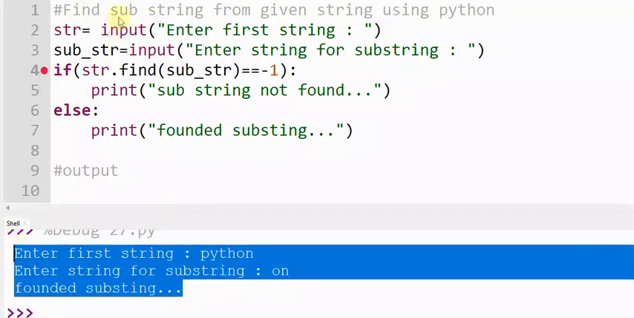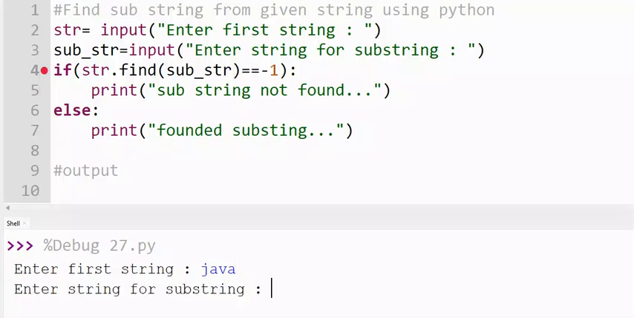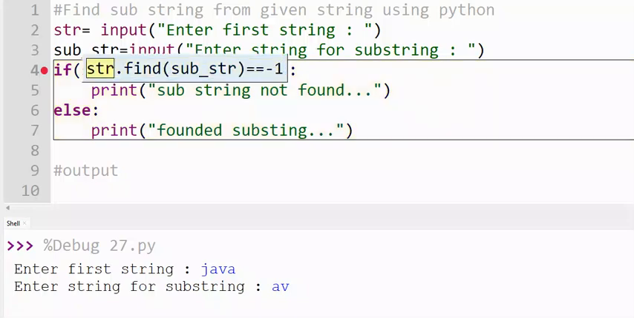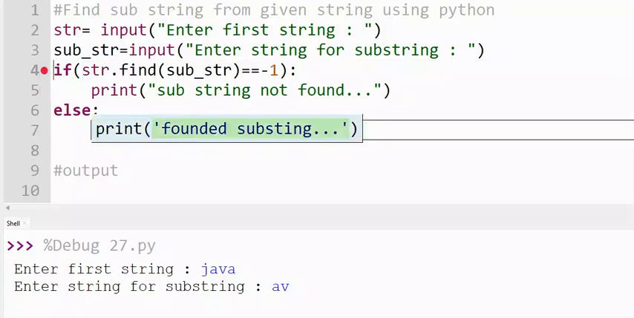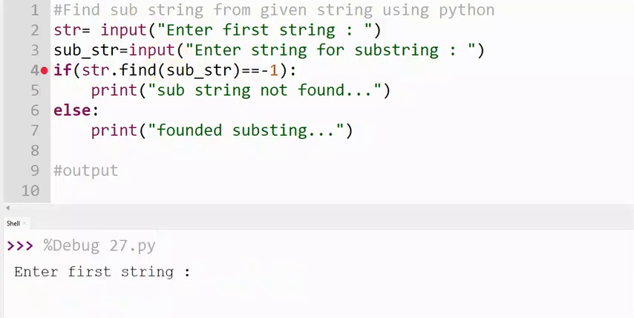So what is it? Okay, once again I am executing, entering Java. Here I put on AV. How it is working? So okay, if you put a long string also it will work, not a problem. Suppose using Java